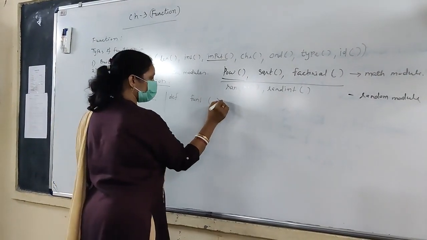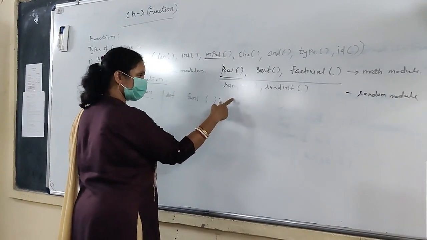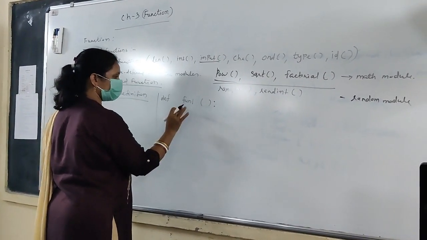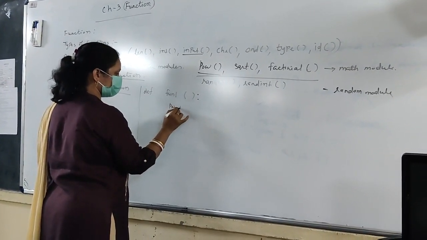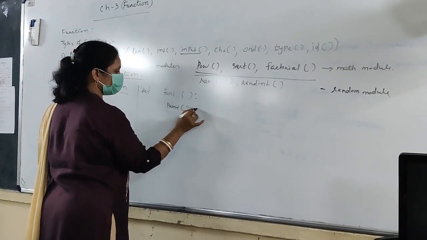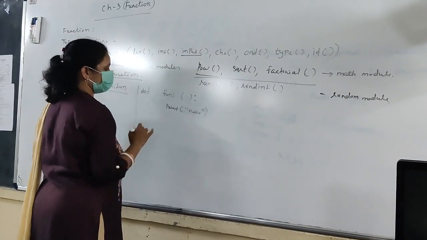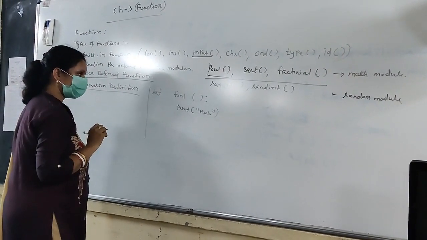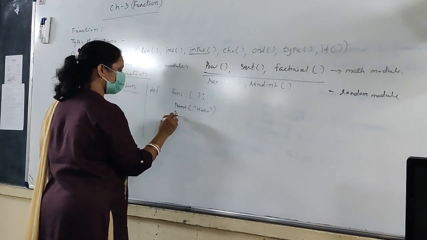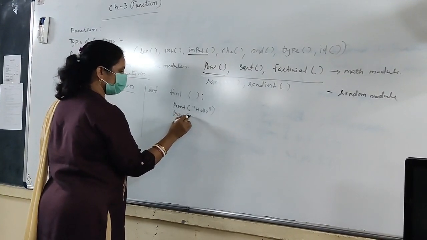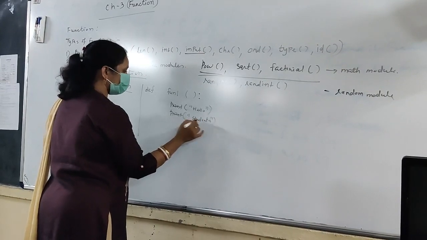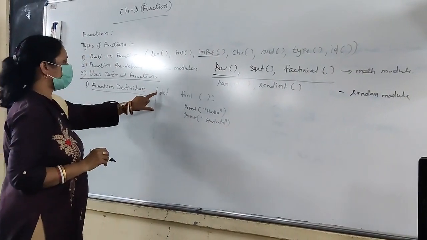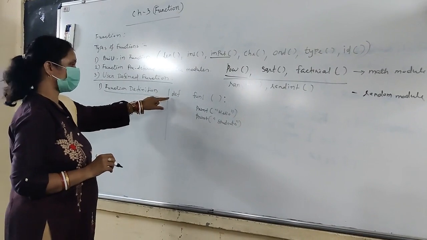In the function definition part, we have to write the function header. When you put a colon and then press enter, you can see one special indentation. Here you need to write the statement or statements. Hello. Here I have given a single statement. If you want to write multiple statements, you can also write them. There is no problem at all. So this altogether is the function definition.